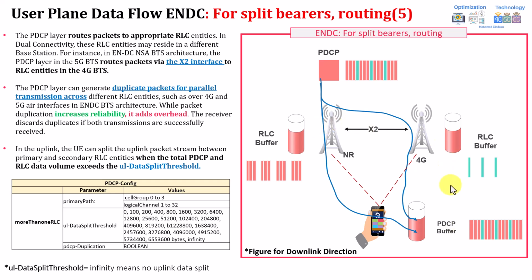So that's why sometimes it's critical to enable the data split, for example, for very high intersite distance. For example, if you have a neighbor site which is 4G only and you are enabling this site as the anchor layer and you're extending the 5G coverage too much, this can sometimes increase the delay because the 4G will have very poor performance, and even the 5G as well, or any of the legs. So this can increase the delay of those packets. Accordingly, this can cause a kind of data stall, because at the end, the PDCP will not forward the packets to the upper layer until it has the correct sequence here.